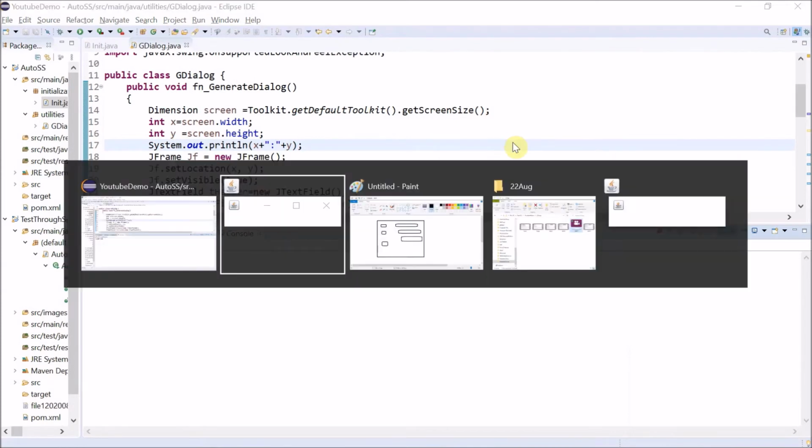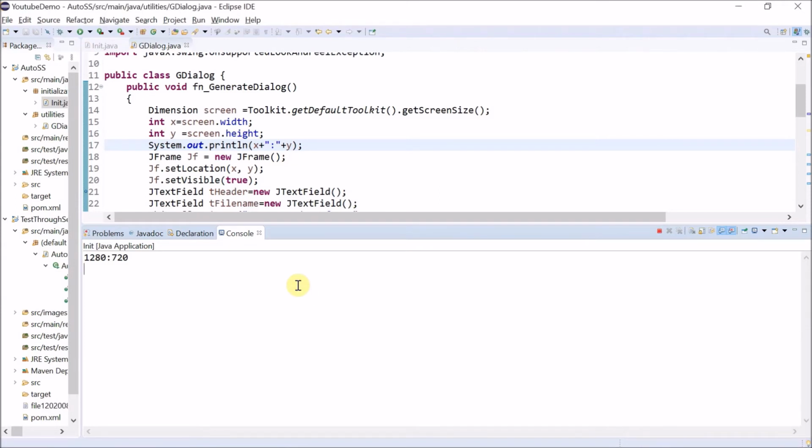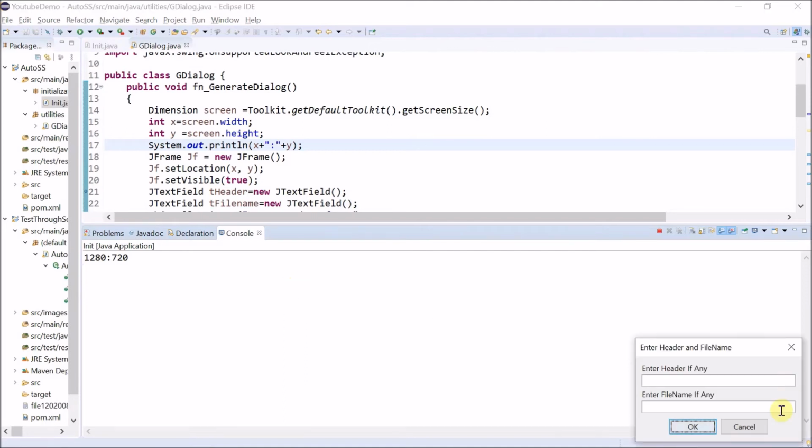Now we can observe one more thing here. This pop-up is right now at the right bottom corner. If I click on the Eclipse application, you can see the dialog box goes to the background, and right now the Eclipse is in focus, right? So in the course of our test execution, we'll be dealing with our application, and every time we need to do Alt tab so that this dialog box will come on top of the screen, and we can click on the OK to take the screenshot. So it adds one more step to do Alt tab every time, right?